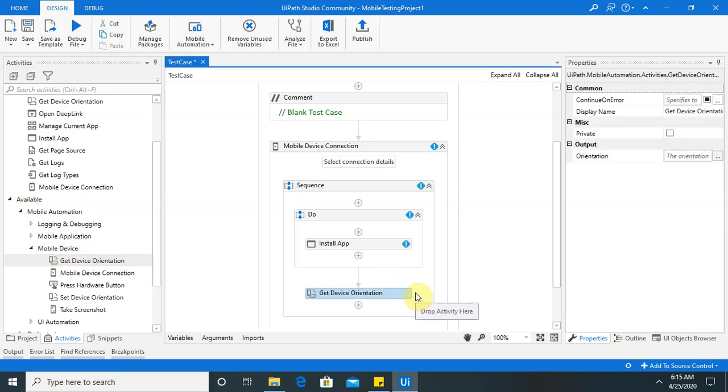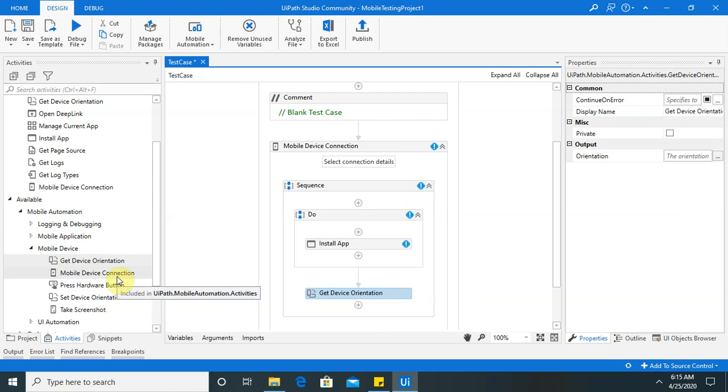If you want to check the mobile device orientation, whether it is vertical or horizontal, you can also do that, and the orientation activity will give you the orientation of your device.